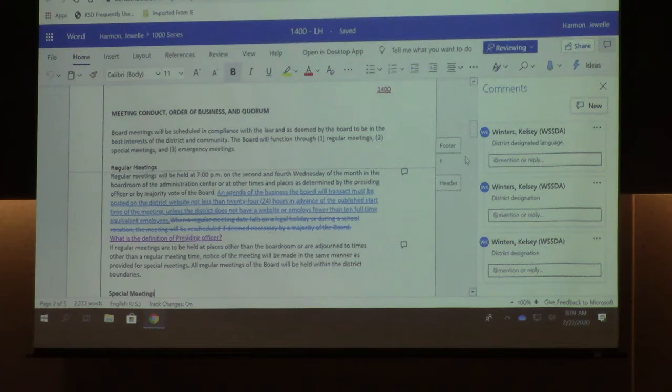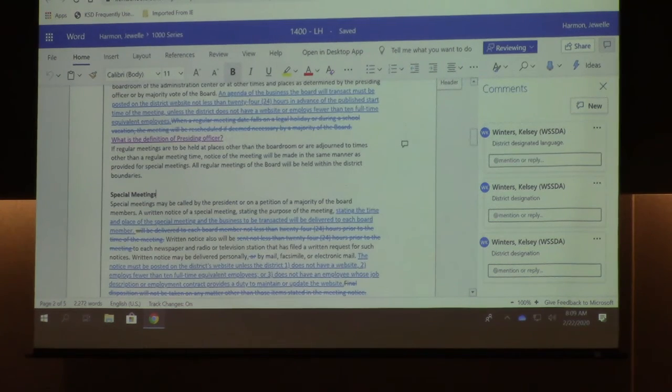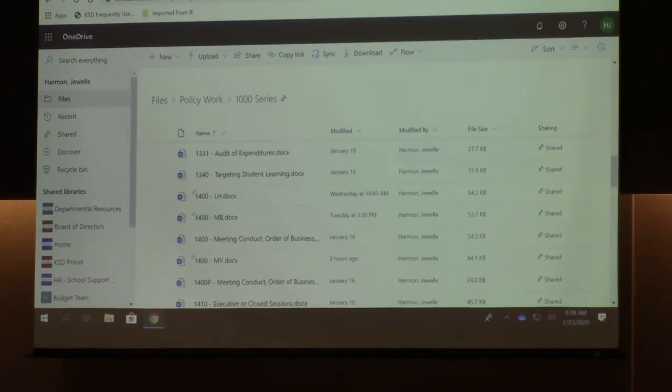Right. So what happens when the president is not available? Let's say they're out for a couple of months. I think that's why it's presiding officer. Okay, that makes sense. There are times when the vice president would be treated as the presiding officer. Thank you for clarifying. I understand. So that was just one piece, the comment from President Hamada.